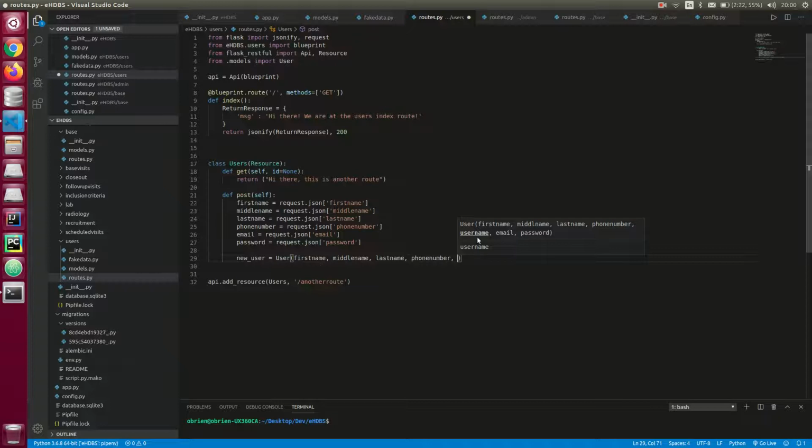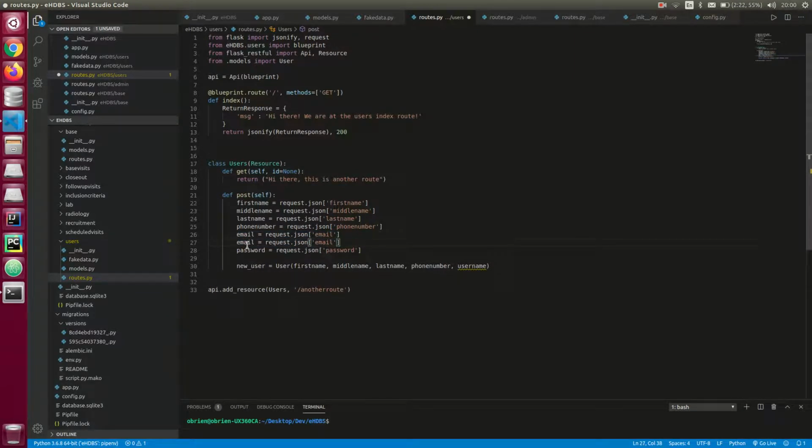Okay, here. So we're going for a username. We haven't even assigned usernames up there. Username. So we'll get username again here. No, I'm not going to copy anything. Let me just do Control D. You can install an extension for that. So we have username will be equal to the request of the username field. So here we'll have username, and then after username we'll do an email,